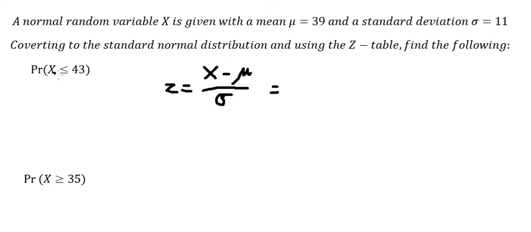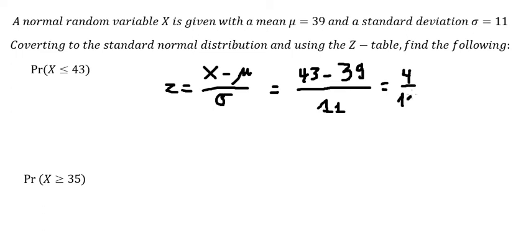So in this situation we have 43, so we put 43 on here minus the mean, which is 39, over the sigma, which is 11. So we calculate this one, and we have 4 over 11, or approximately